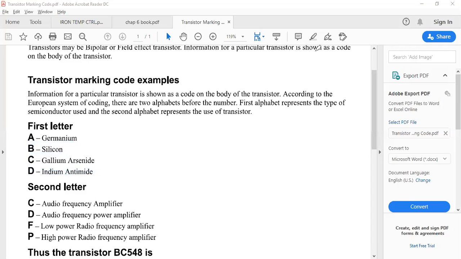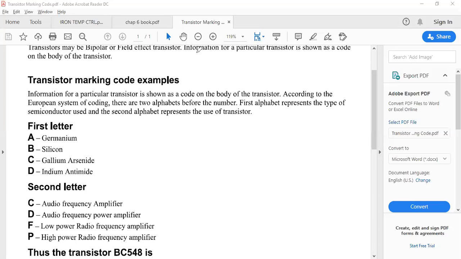Now what is the significance of the second letter? If it is a C, audio frequency amplifier. A and B are also there. If the second letter is A, it is a diode, a detection diode.